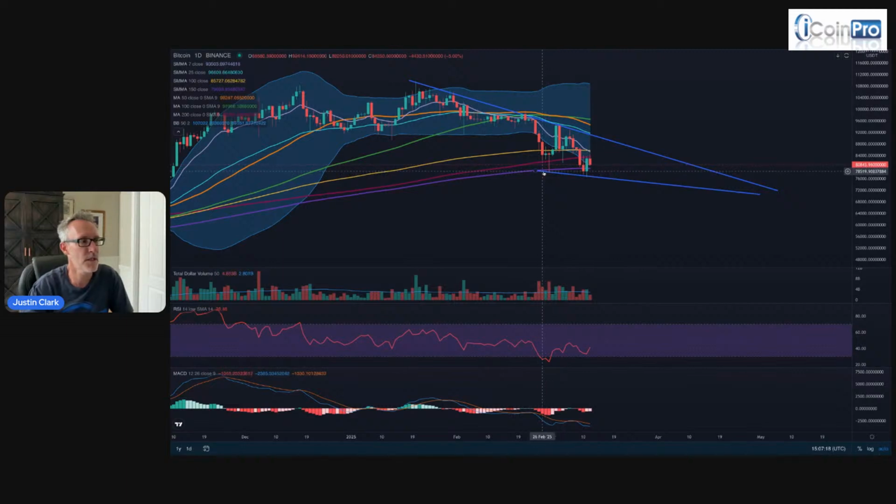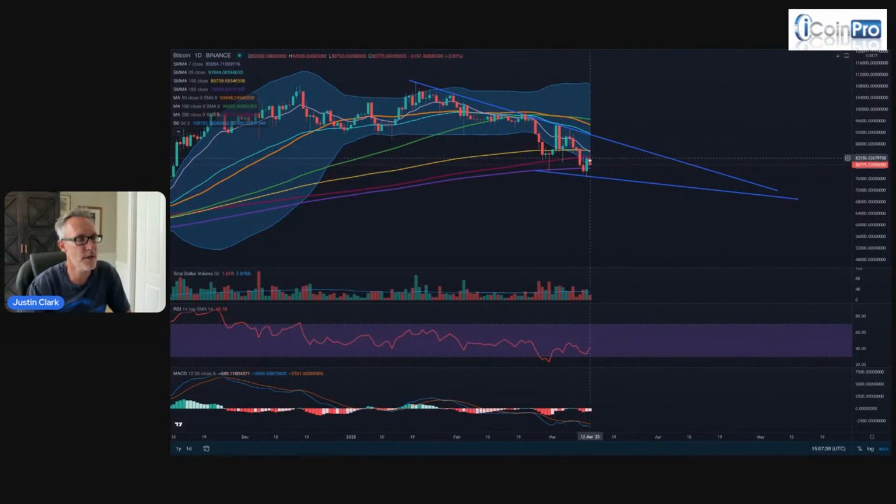Now, bulls would love this to form, which is called a falling wedge, which would be this pattern here, this kind of slanting down triangle. And if that happens, that's a bullish formation, which means we would ping pong and then potentially break out north. Could happen. All right. But if we just quickly go down and we lose 78,